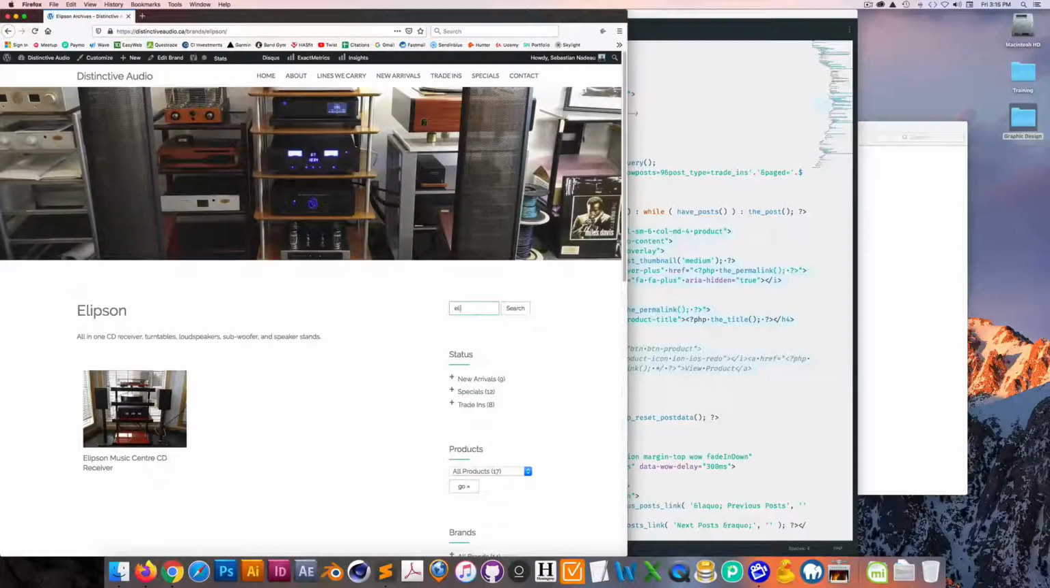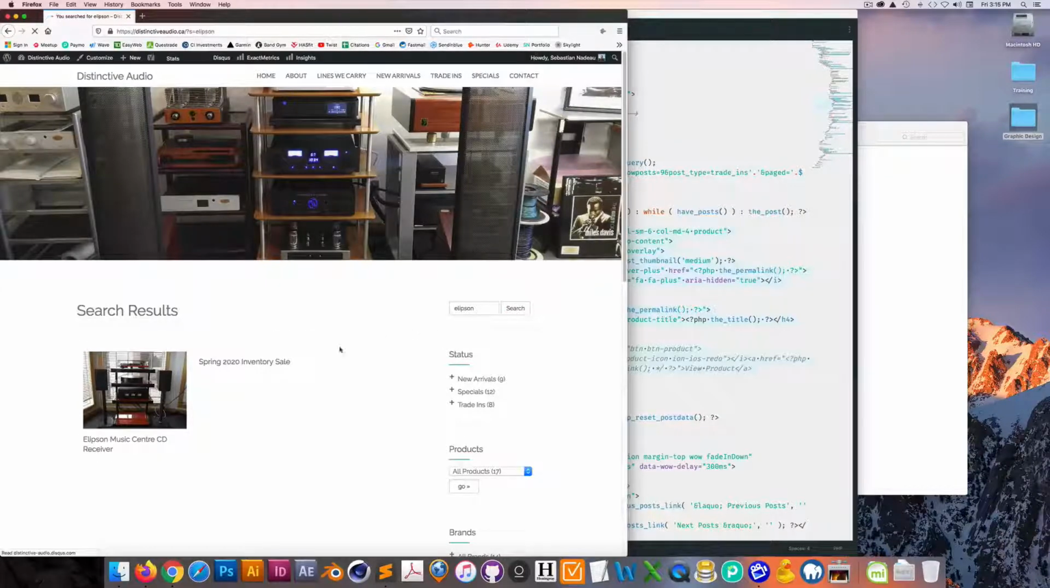we'll look up Ellipson. Oh, well, this is something custom. Maybe I should remove this from the search. This is actually not a product. This is an inventory sale that we had going on. So I should probably remove this from the search. But this is a